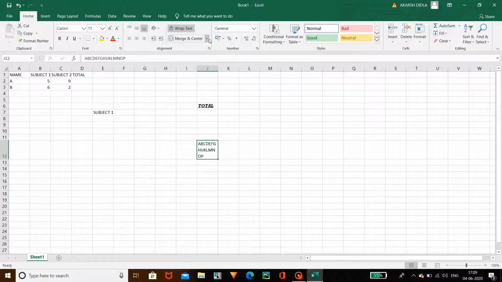And coming to merge and center, I will show you. If you want to merge these two cells and you don't want the line in between, you can use this merge and center option. Use shift to select the cells. As you can notice, there are lines in between these three cells. If you don't want these lines, you can use this, right? You can see the lines disappear. Likewise, you can merge the cells. This is the use of the merge option.